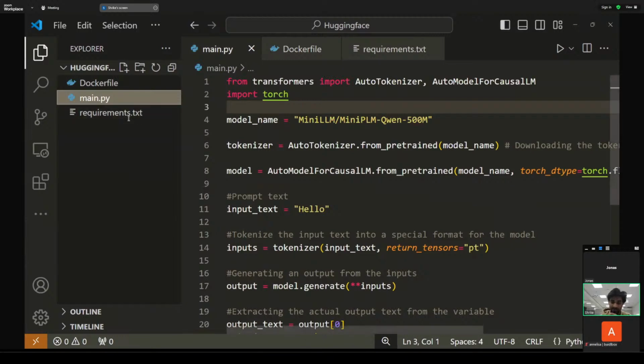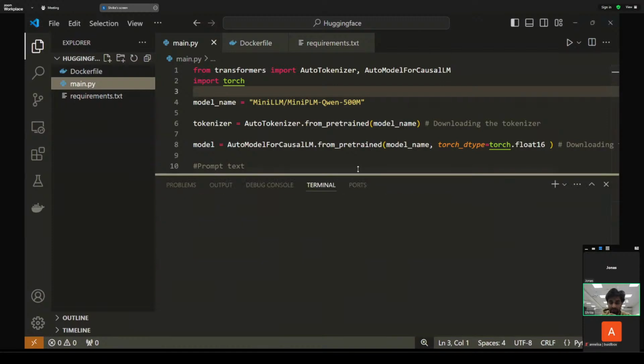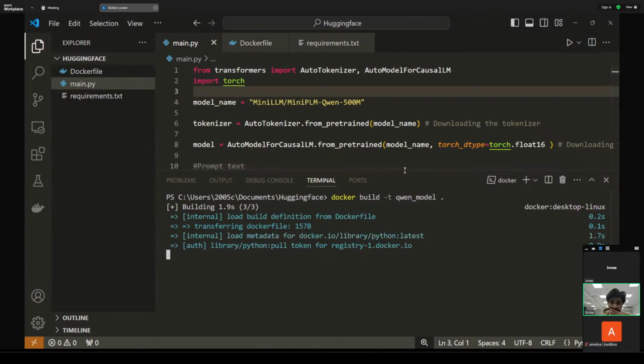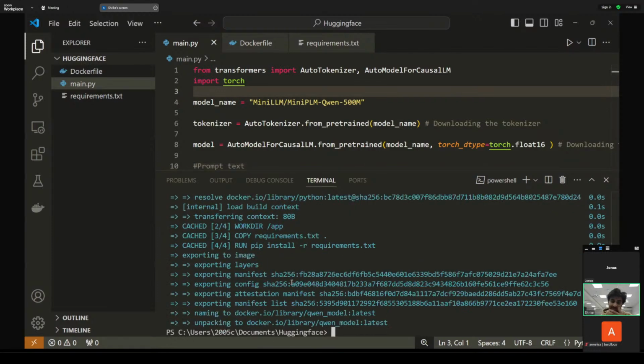in the Docker file. And now we can go into the terminal and we can say Docker build. Let's give it a name. Quen model. Quen underscore model dot. And let's build this. And should go, this went quite fast for me because I've already done this before, but it might take a